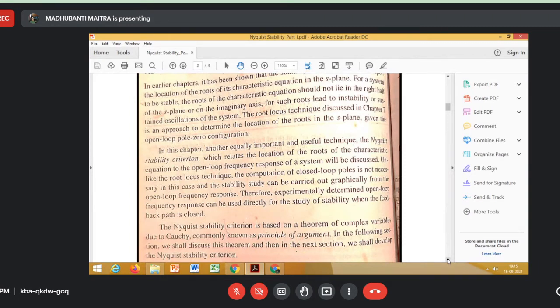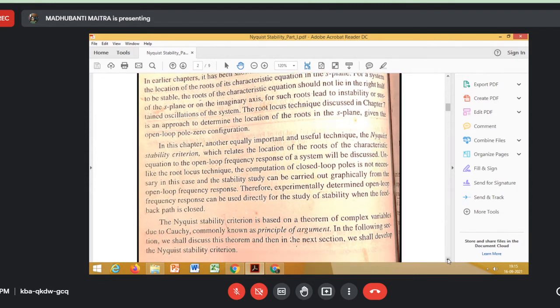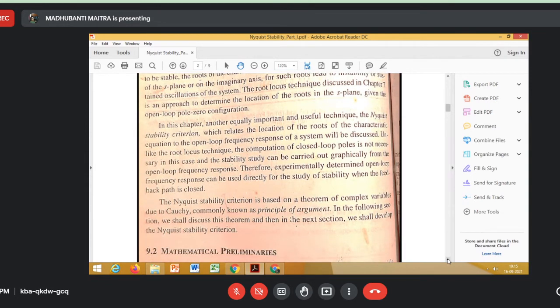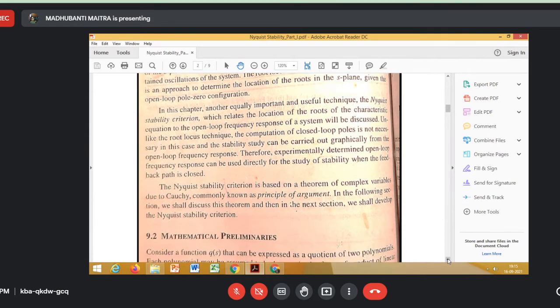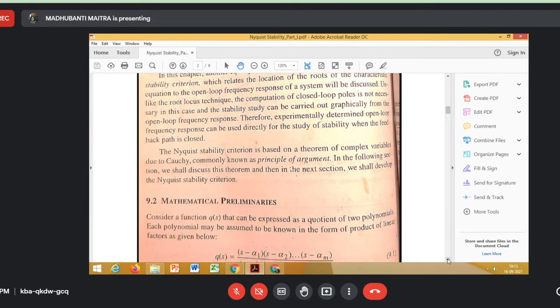And in contrast to the Routh's stability criterion, Nyquist stability criterion is also very useful for ascertaining the relative stability of the system, right? So it's a very, very powerful technique for judging the stability, absolute and relative stability of a system. And very easily we can ascertain the stability, be it relative stability or be it absolute stability, of the system using this particular technique, frequency domain based technique.